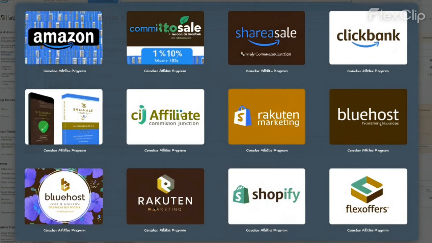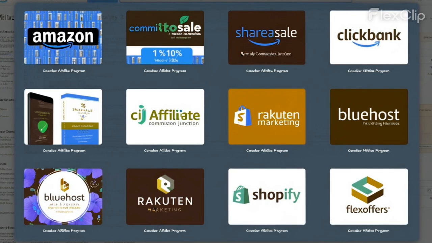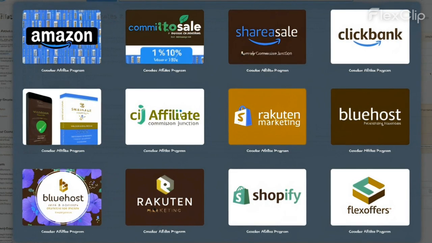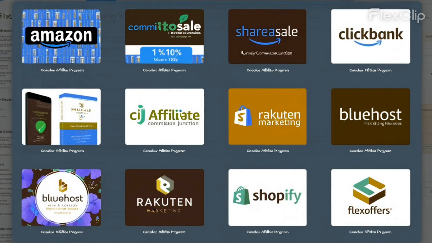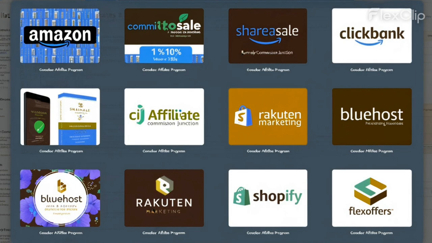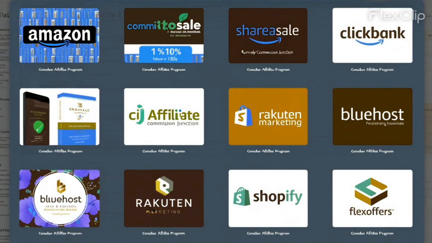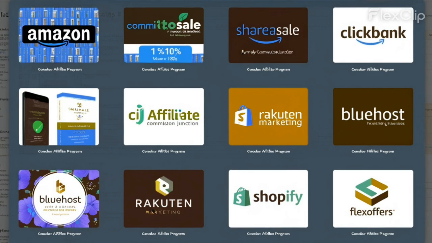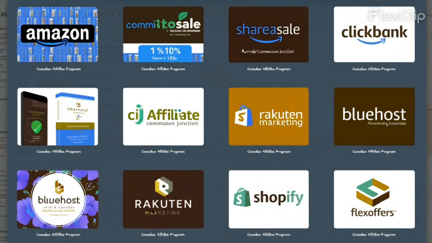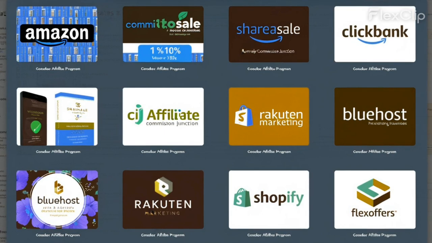Sub-affiliate programs. Description: a variation of the two-tier system, where an affiliate not only earns commission from their own referrals, but also from a sub-affiliate they recruit. Example: programs where affiliates can build a network of sub-affiliates, creating an additional revenue stream. Popular affiliate programs and networks.